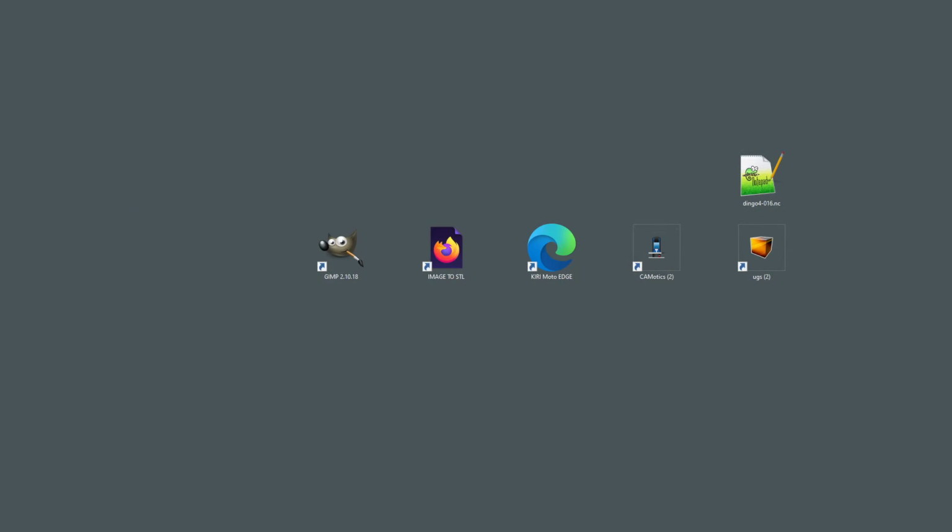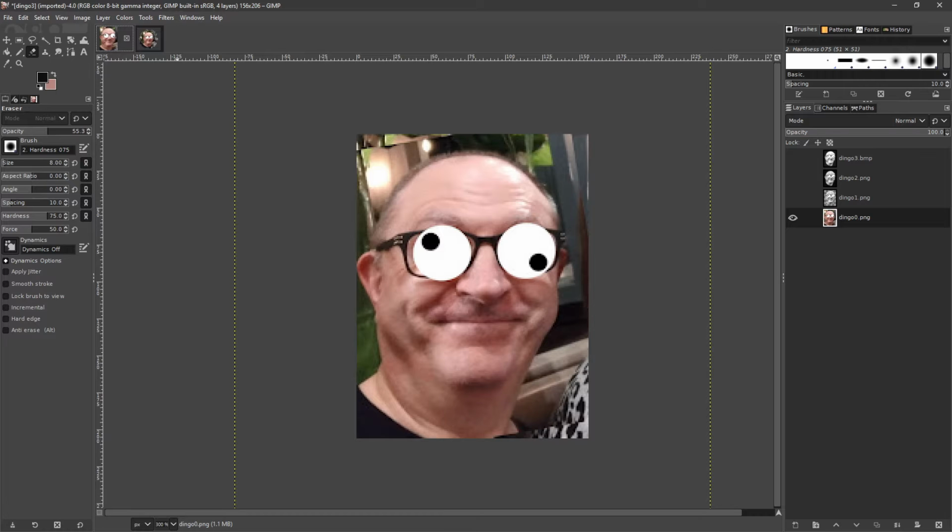Okay, so the process I used to make the tool path from the picture was as follows. I started off by getting a picture and processing it through GIMP. This, by the way, is the way I did it, and there are many other ways of doing it. So I opened up